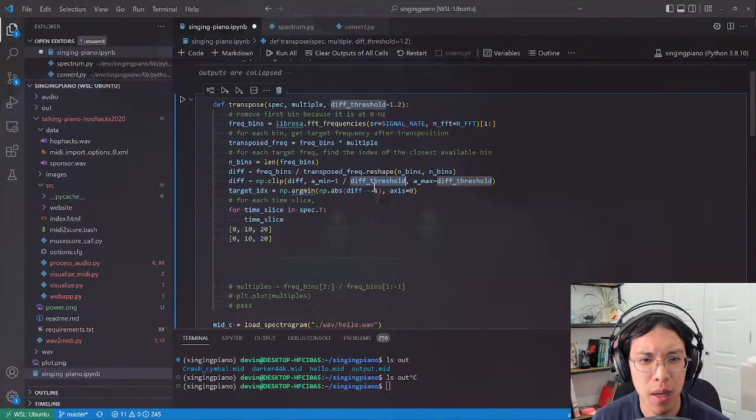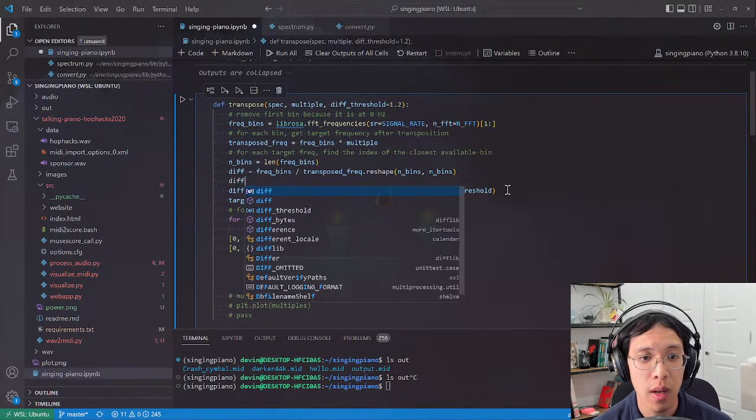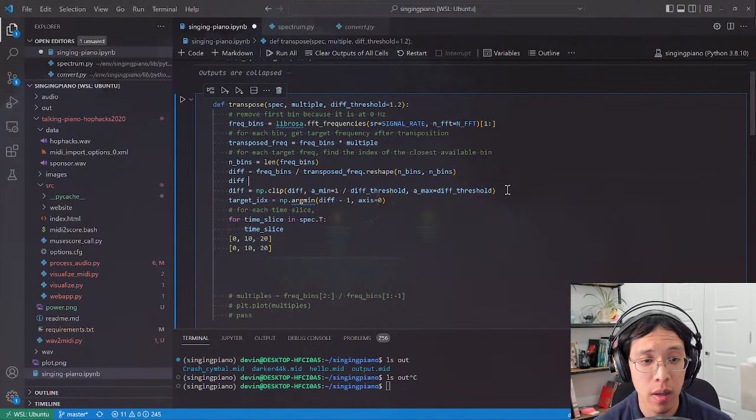I realize there might be some bias here because, so I just realized, 1 over something is not the same as that same thing when you're trying to take the difference. So this is going to be biased towards one side of the bins over the other. In that case, I'm going to just turn everything into a ratio that's bigger than 1. That would be simpler. So that will allow us to remove numpy abs, and the way I'm going to do this trick is I'm just going to go through diff, and anything where it's less than 1, I'm going to